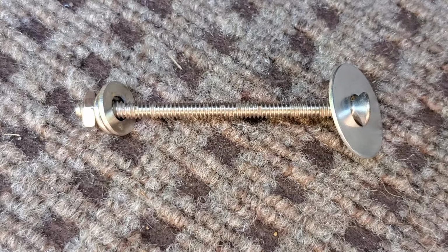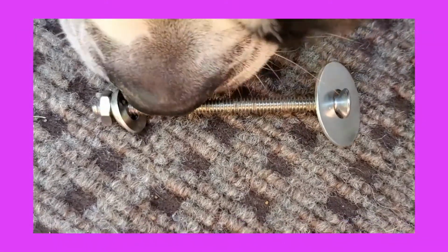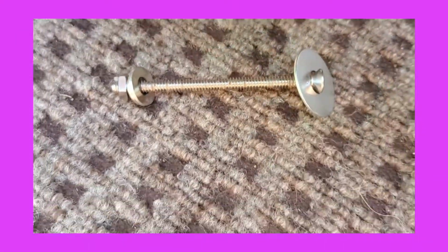And now here's a little bit of a blooper. That it rips right through the plate and into the, it's a dog nose, into the...